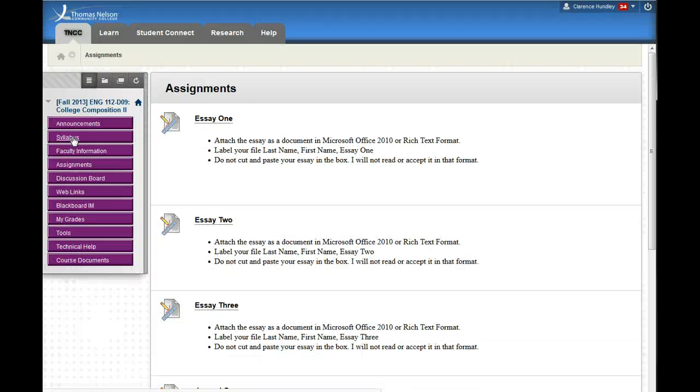The next important button is assignments. This is where you will post all of your assignments for me. So after you have written an essay, after you have gone through submitting an outline and peer review, you will post your final copy here. So whatever essay is due, you will go to that link. For example, essay 1, let's say that is due. You click on that button, that title,